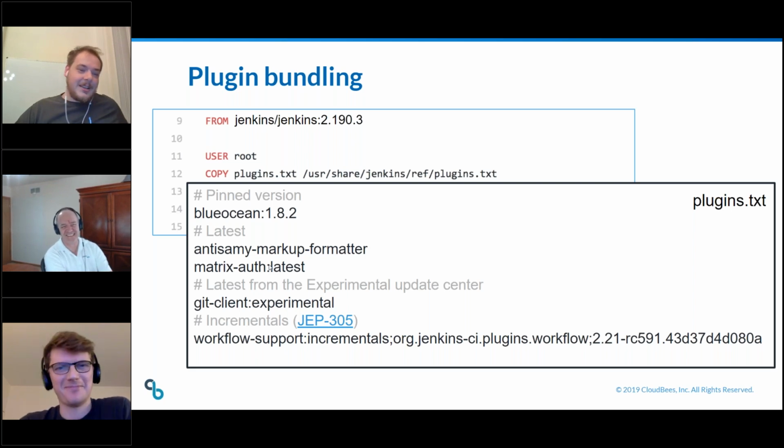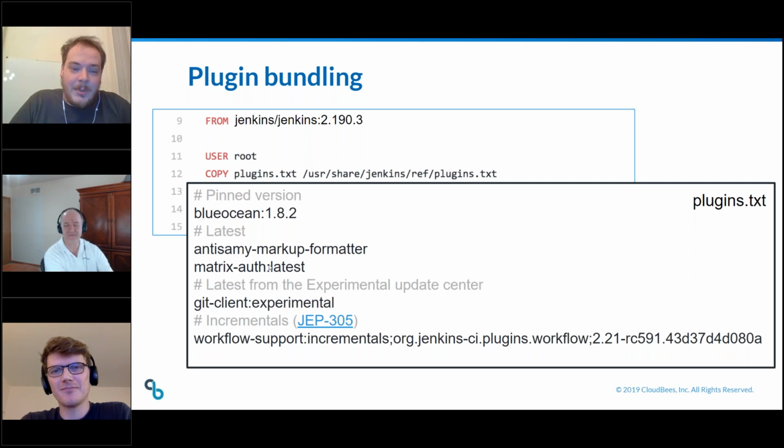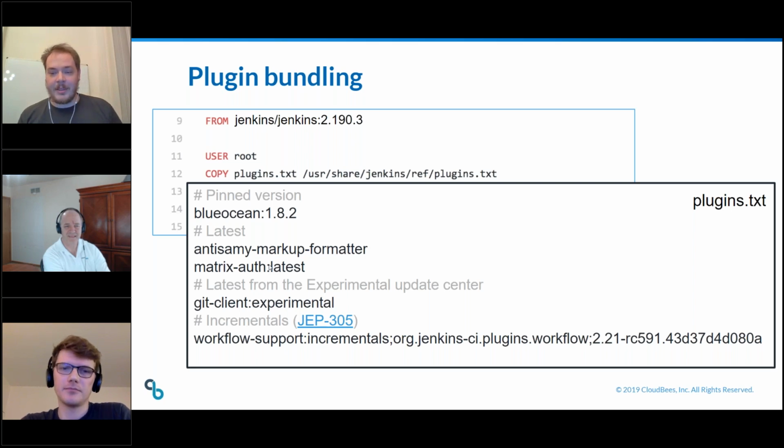So again, this slide is a bit obsolete, but if you want to test a beta version of a plugin, for example, now I'm working on a beta version of the promoted builds plugin, you can use experimental updates. And moreover, there is a new feature available in Jenkins, incrementals. It's an engine which basically implements continuous delivery for Jenkins. And here you can use a version from a pull request or from any branch